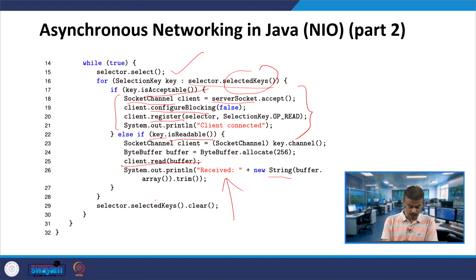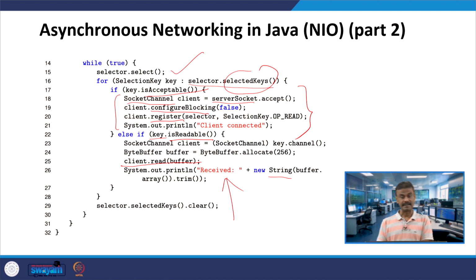The buffer is invoking array and then trim, correct. So that means it is printing the received data into the console. You can look at what the trim function and buffer.array are doing. So it is going to print the received data into the console.